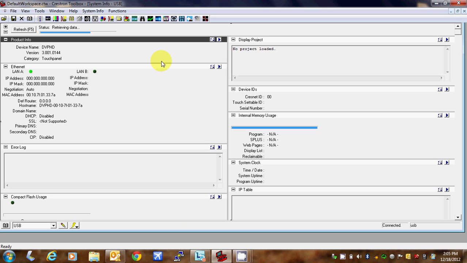You should wait till it finishes doing that before you mess with anything. Because it doesn't take much to, usually they're pretty solid. But